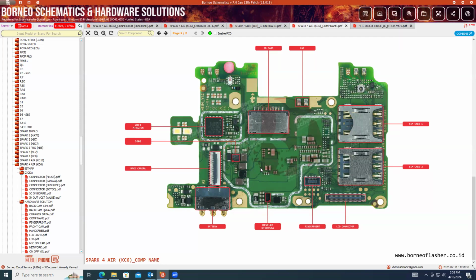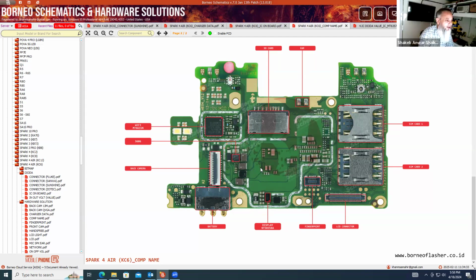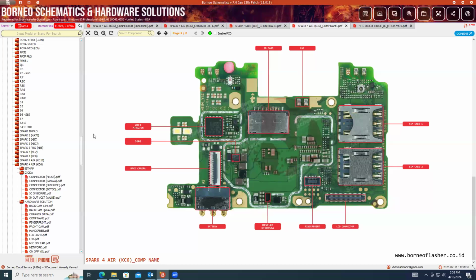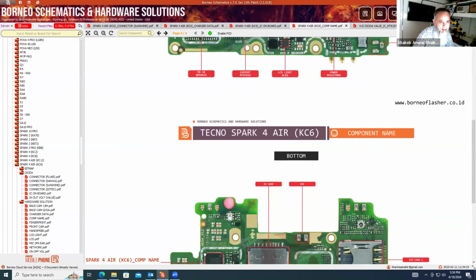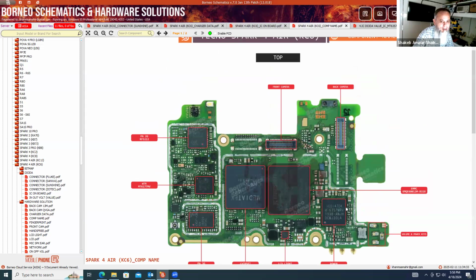Right? No. You can identify, I don't know how to identify the CPU and MMC. You can't. Okay, here on this board, okay,